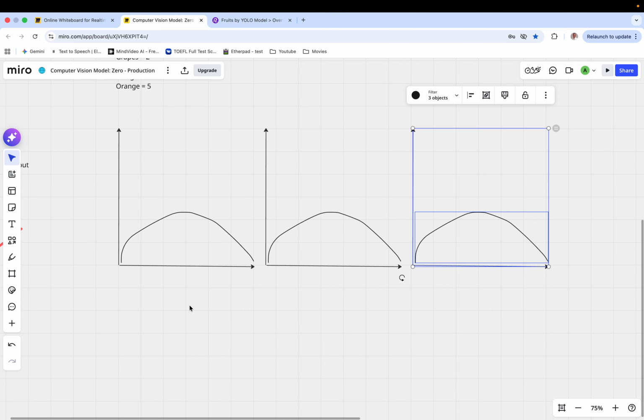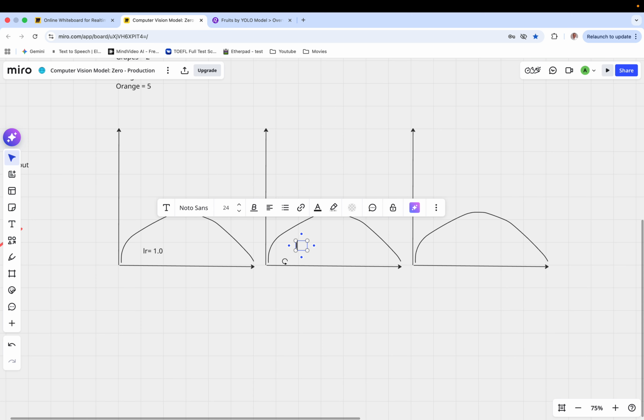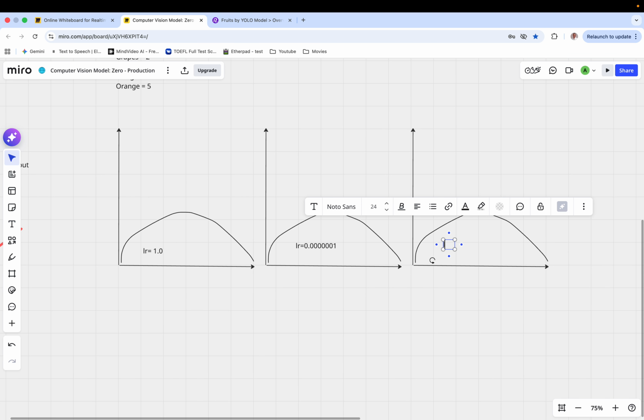Like I said, let's assume that we have a learning rate here of LR equal to 1.0, which is too large. Let's say we have another one with LR equal to 0.00001, and here a learning rate LR equal to 0.01. So what happens here is, if we start here,